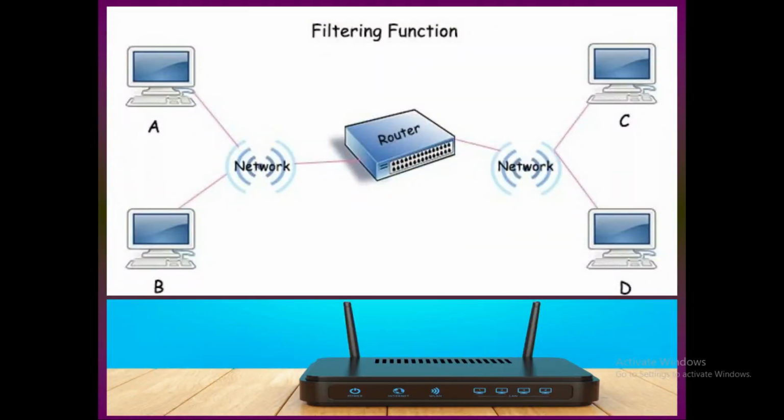Now you see the picture. That picture will tell you very nicely how the router works. It is one network, it is the router, and another network, and the router's work is to send the data. Say data came from computer A to the router, and now it has to go to D, so the router transfers the data to computer D. And if data comes from B and has to go to C, again through the router, the router receives this information from B, reads the IP address of C and then routes the data to computer C. This is the picture of a router that you see at the bottom, and maybe some other routers are used.